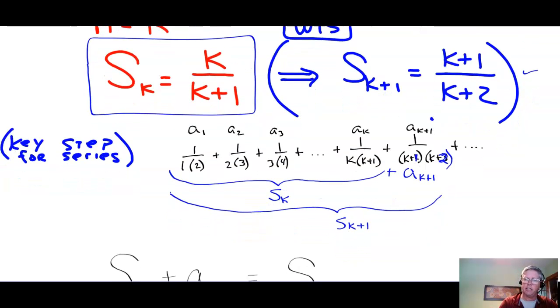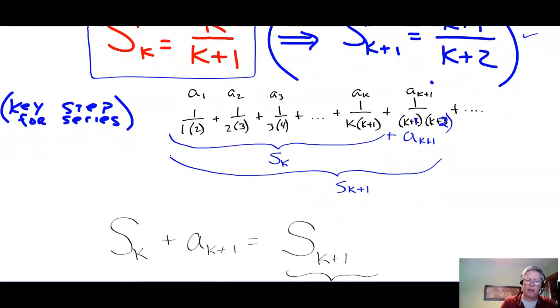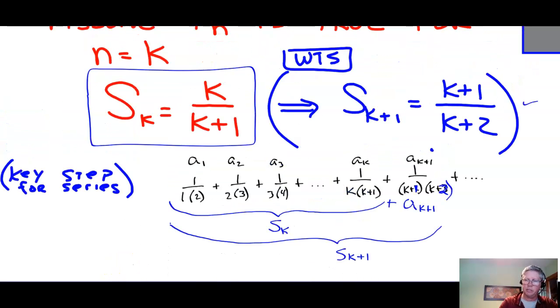The idea here is it sets up an equation. If I take the sum of the first k terms,